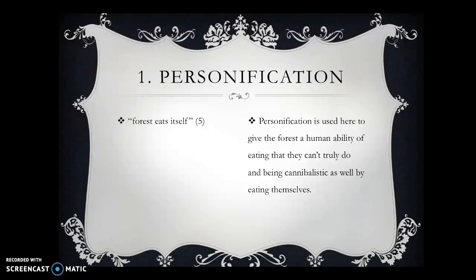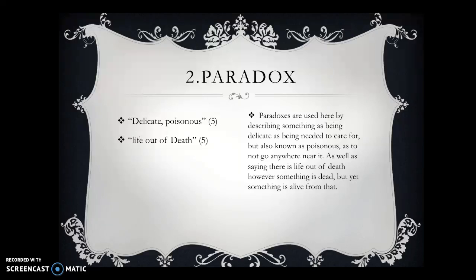Some literary devices that were portrayed were personification, where during the first few pages they describe the forest eating itself. It is used here to give the forest a human ability of eating that it can't truly do, and being cannibalistic as well by eating itself. Another literary device used is paradox, which was also in the first paragraph on page 5, with delicate, poisonous, and